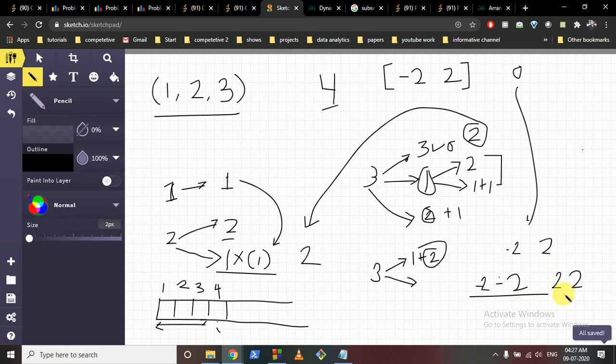This will form an infinite number of combinations. So if there is a negative number in this vector, then we will have to ensure that we only use it once, because if we use it once, then there is only one answer. For the positive numbers we can use them multiple times, but for the negative numbers we have to ensure that we only use them once. So this can also be done using the subset problem.